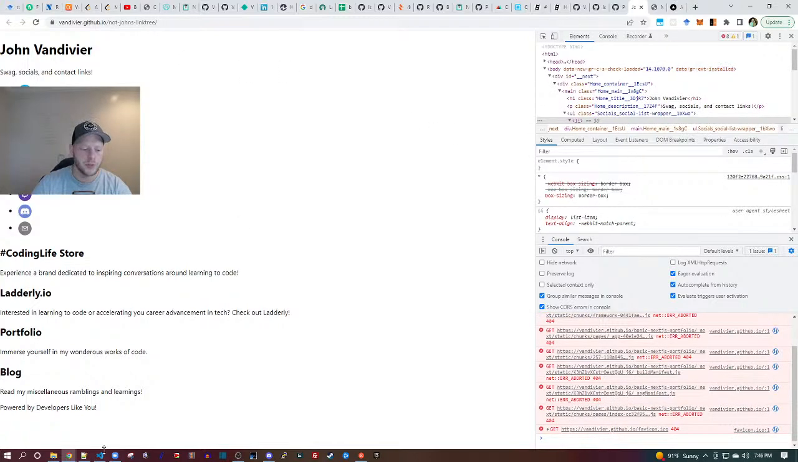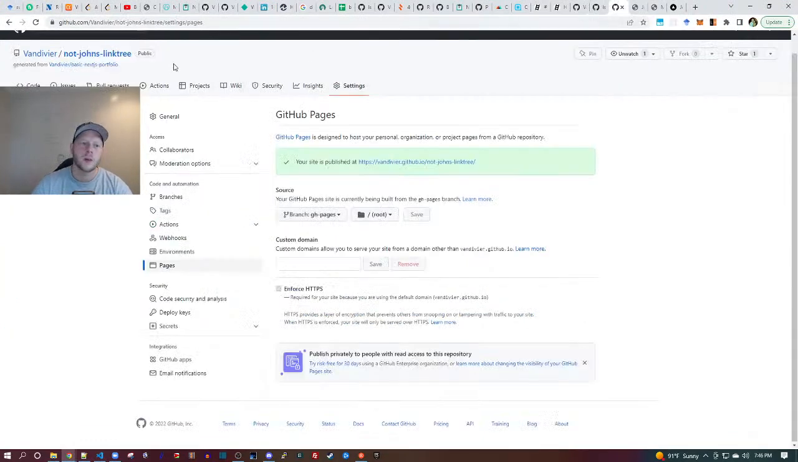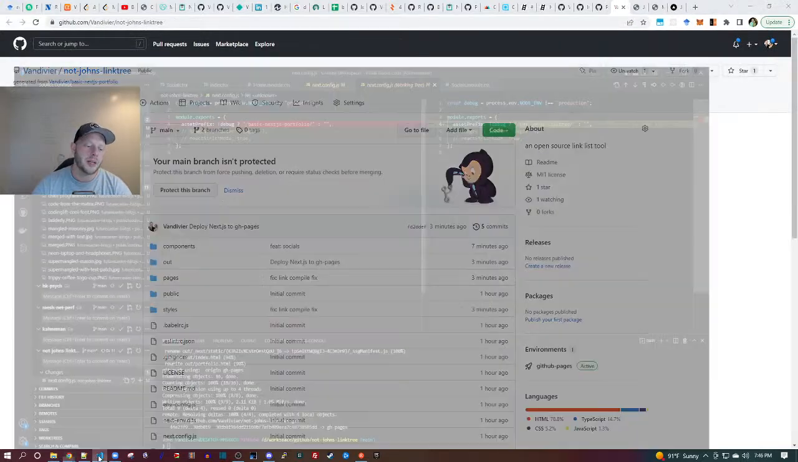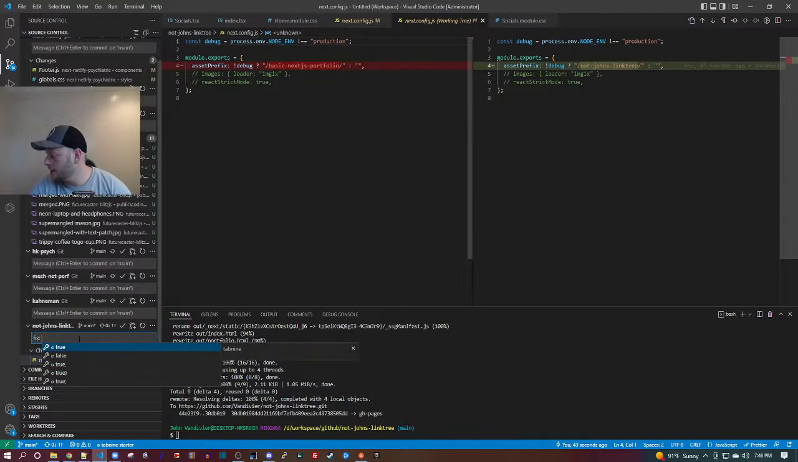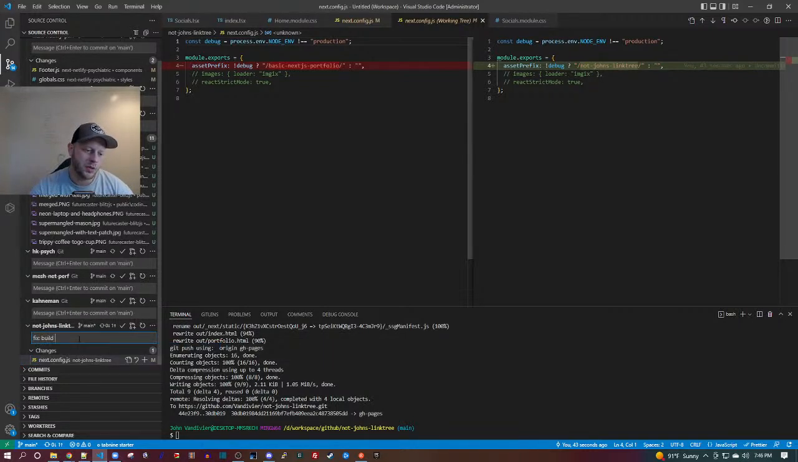Gotta wait for this to rebuild. I think it takes something like 20 seconds. It's usually pretty snappy. Cool, so here is not John's link tree. Yeah, I mean, in the meantime, we can go ahead and commit. That makes sense. So this should be fix, build, or like asset prefix. Asset